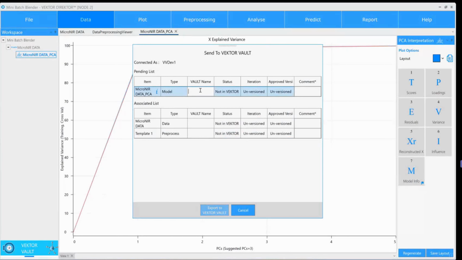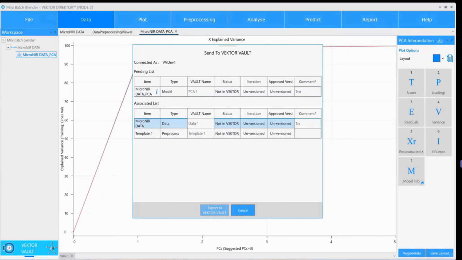So if I use PCA1 here, the next time I import a model, even if it's not a PCA, if I call it PCA1, it's going to version control this to version 2. So this is the thing that you got to keep track of within your institution when using Vector Vault. So let's just call this. These are very non-specific names. I do not think these are good names to use, but for this demo, I think I've got to put something here. I just got to put some sort of text here